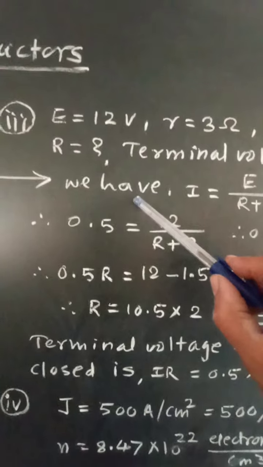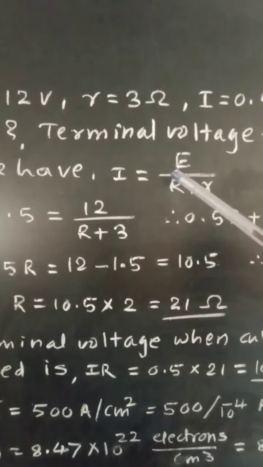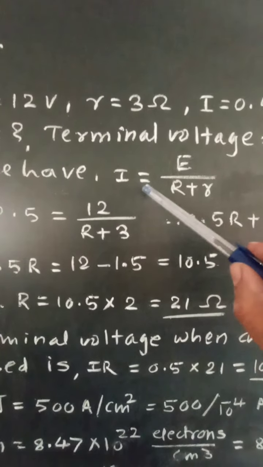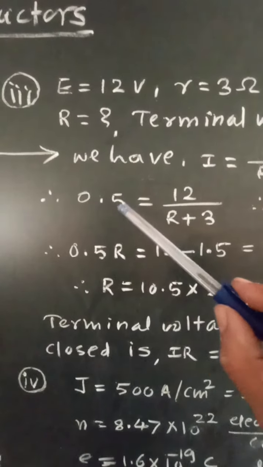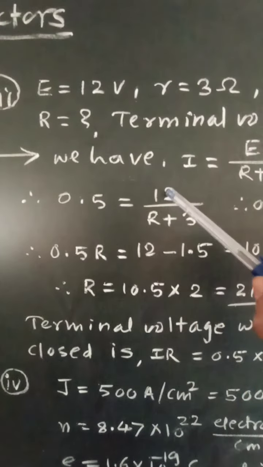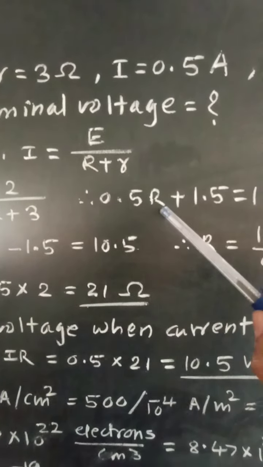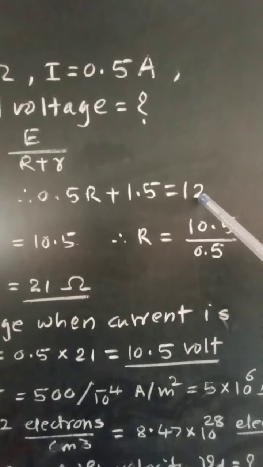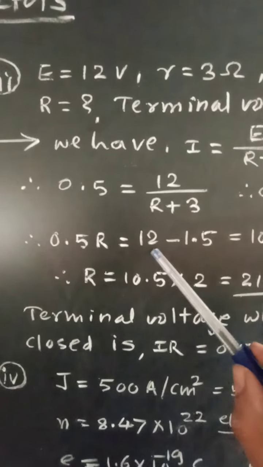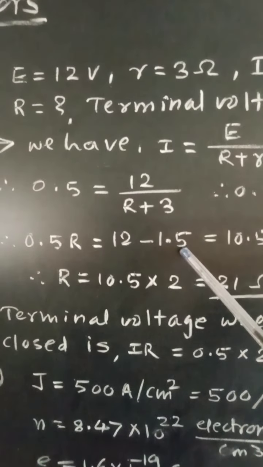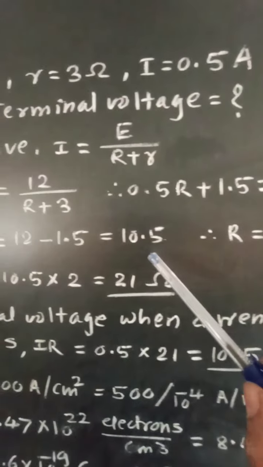Now Ohm's law applied to a complete circuit gives the current I is equal to E upon R plus r. Therefore, putting the values, we will get 0.5 equal to 12 upon R plus 3. Solving this, we will get 0.5 R plus 1.5 equal to 12. Therefore, 0.5 R will be equal to 12 minus 1.5, which comes out to be 10.5,